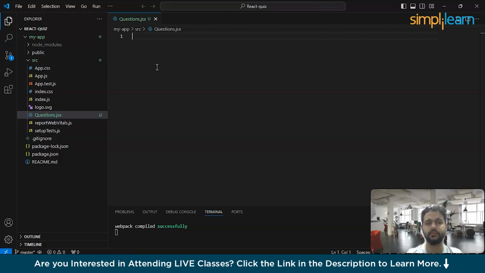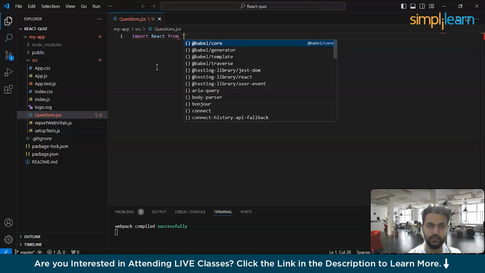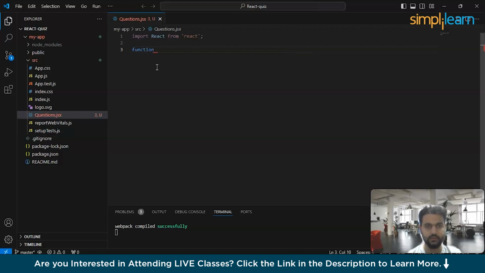So this will be the main component, basically, where all the functionality will take place, mostly. So let's start by importing the library. Import React from React. Alright, now this is a component, so we will be naming it questions, which is the name of the component. In the return, we will write, first of all,